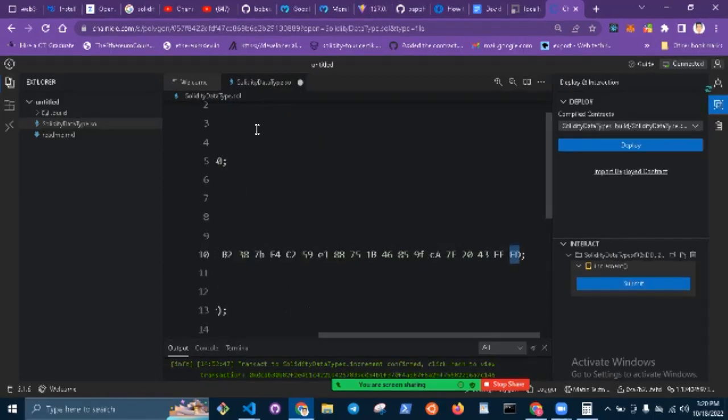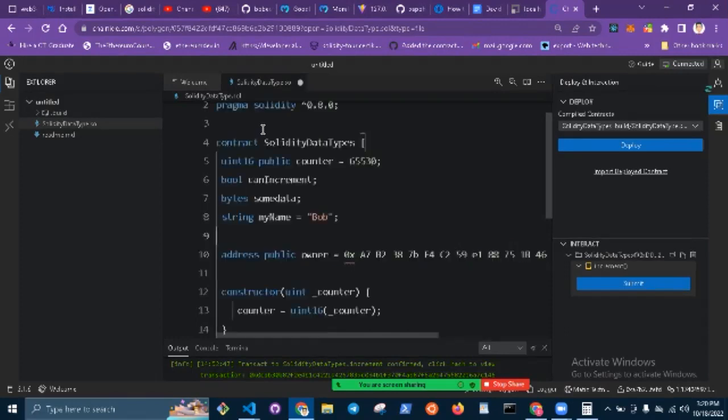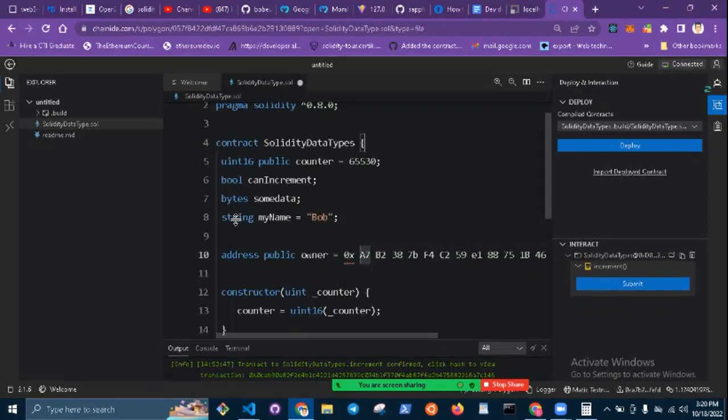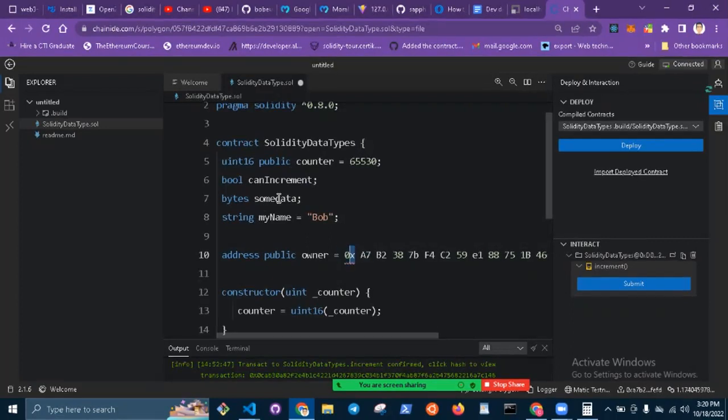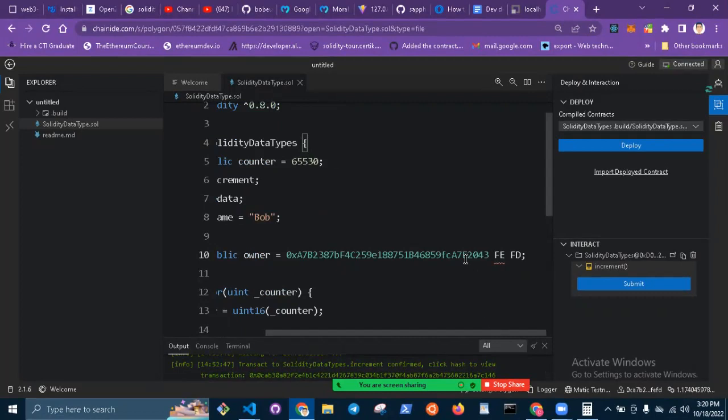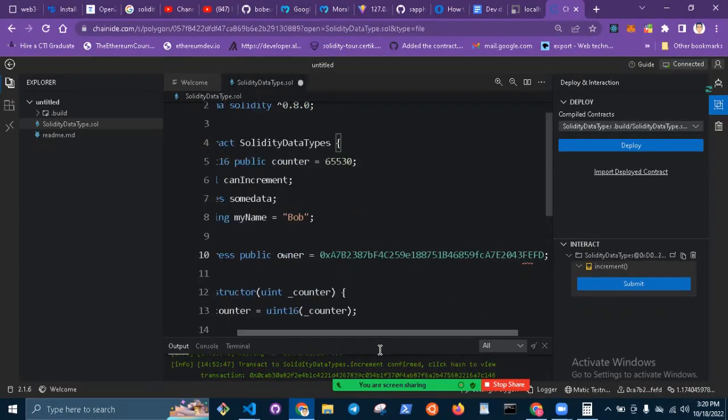Each of these pairs is a byte, because each of these is a hex digit, so two of them make a byte. You can see that an Ethereum address format, if you count each of them, is always 40 characters, and with the 0x prefix it would be 42. But basically it is 20 bytes. So that is what it means. That is how we represent the address type